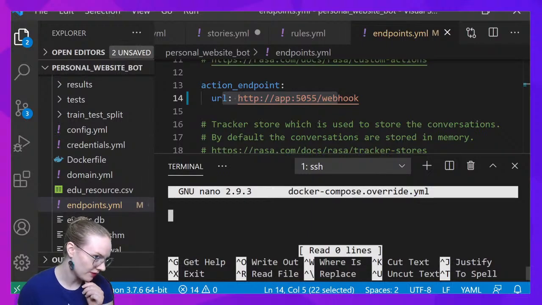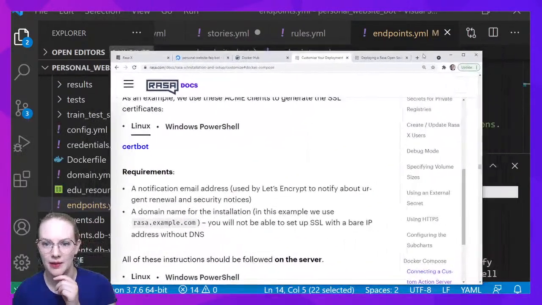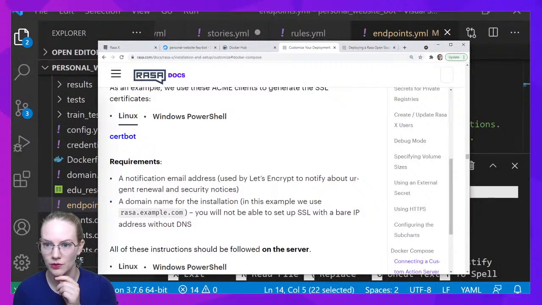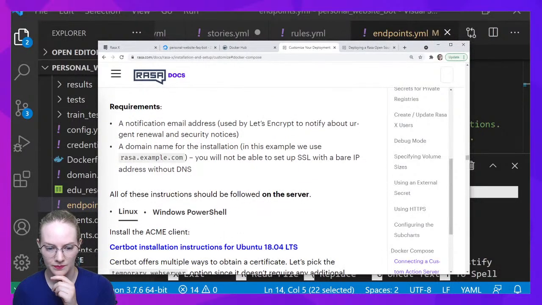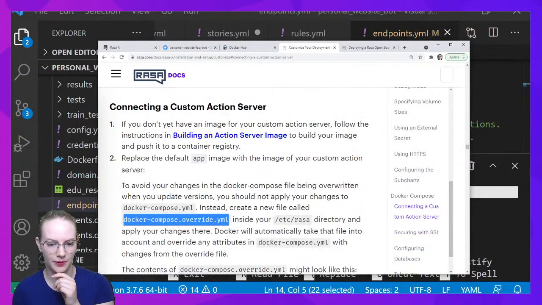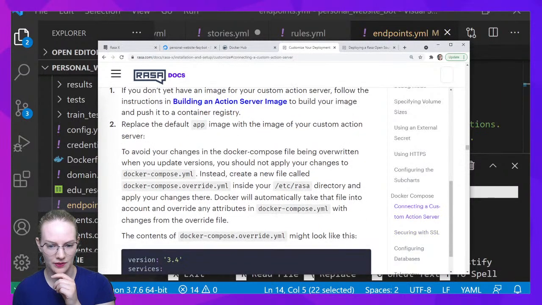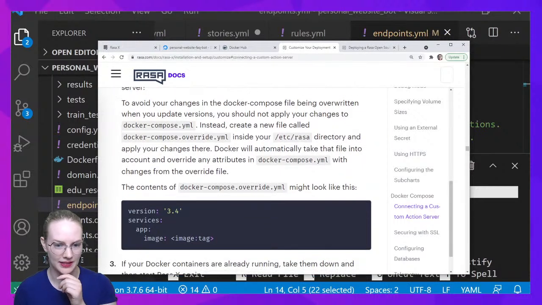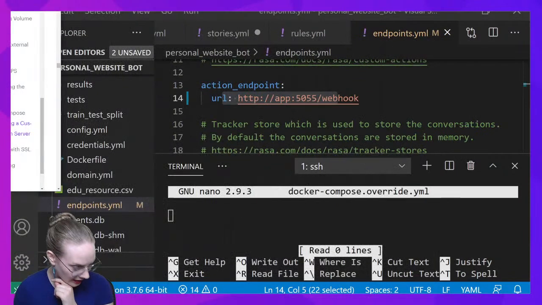Okay, so I just opened that file I just created, and I'm going to want to, there we go, put it in etc/rasa and apply your changes there. Docker will automatically take that file into account and override any attributes with changes from the override file. And all that I'm going to do is